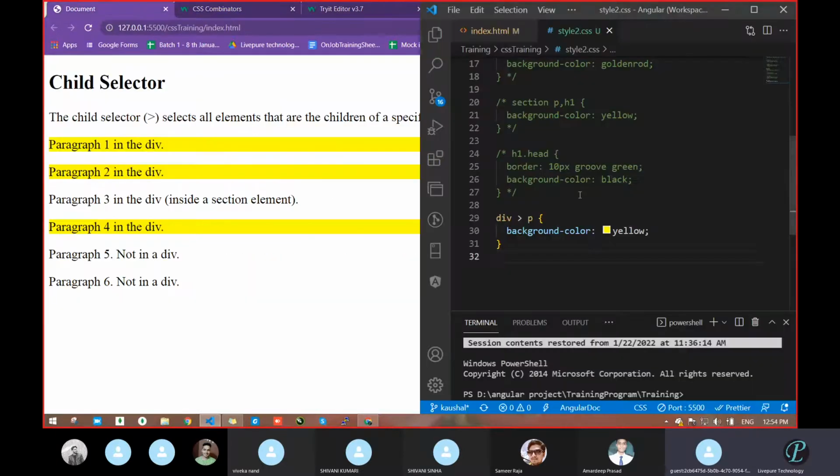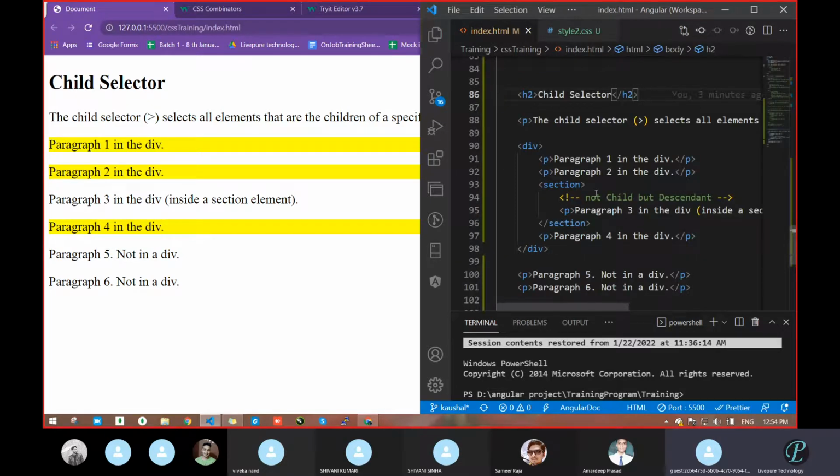So how does the child selector work? In the case of a child selector, when you have to apply any type of style on the child, parent and child, then you go with the greater than symbol. Now div and P. Now check on which elements the style has taken effect. Which div? The div is this one. This div and P. See this P1 and this P1. These two are children of that one. But this section is not the child. Now, which is the child? This one is the child.